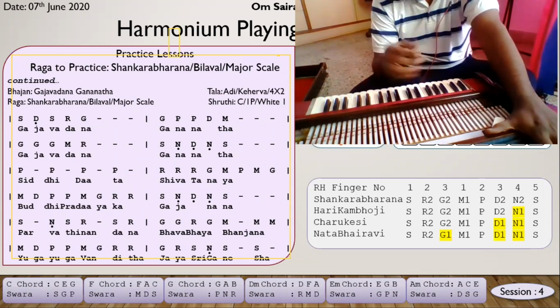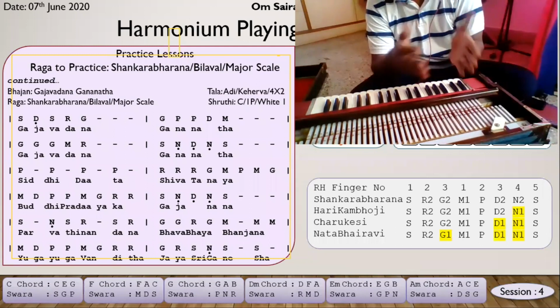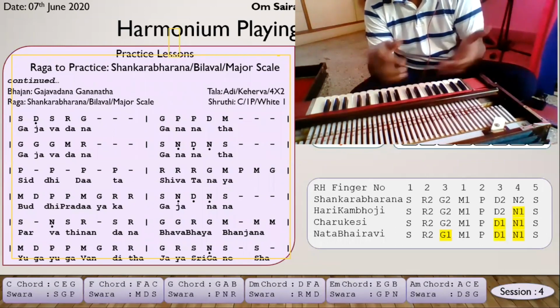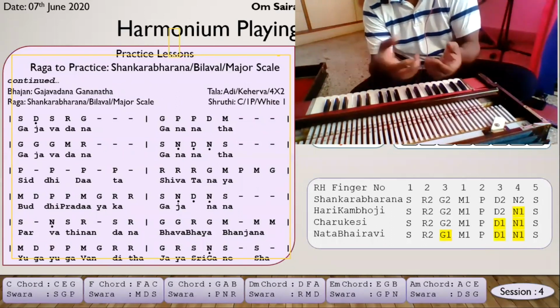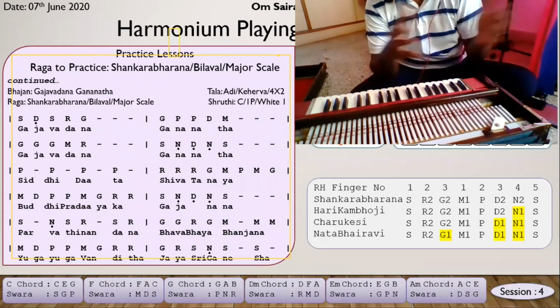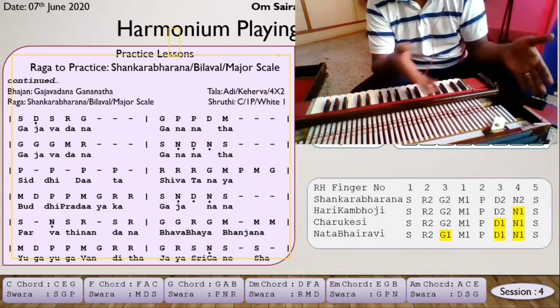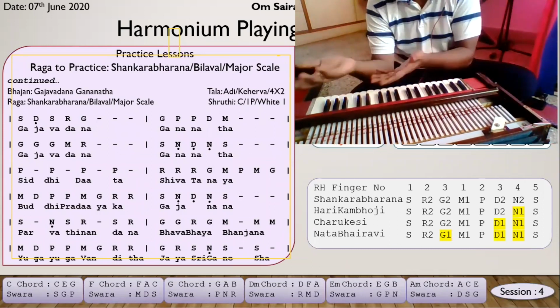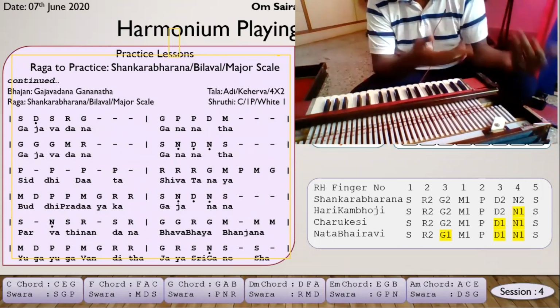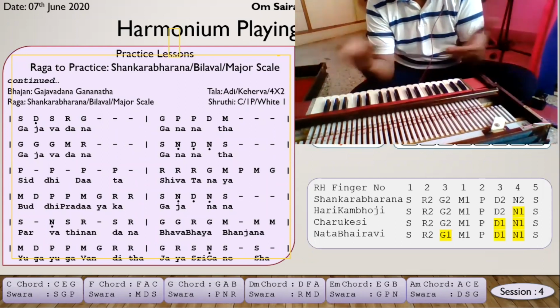So wherever there is a stretched note, understand what chords are available in the track. Right now Shankarabharanam has got three major chords. Find out where all these notes are getting stretched, and you can use the chord. If ga is getting stretched, you can use sagapa. When ma is getting stretched, you can use madasa. When pa is getting stretched, either you can use sagapa or you can use paniri, because both have got pa.